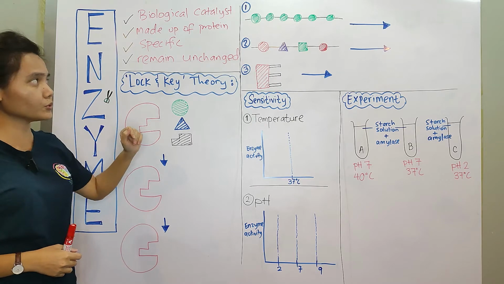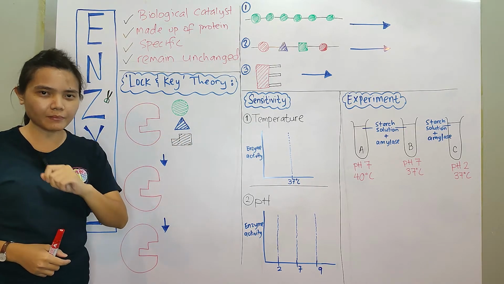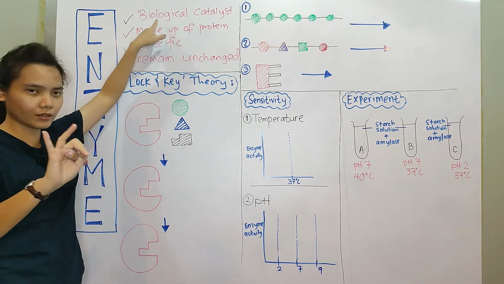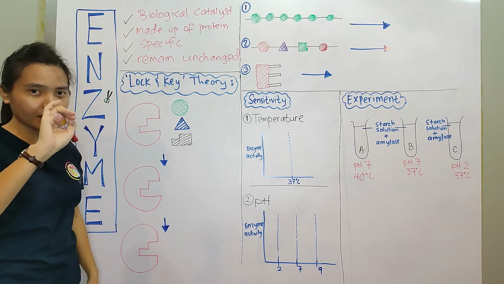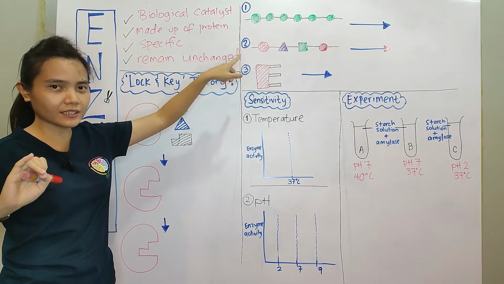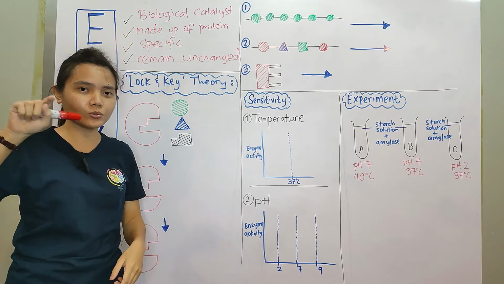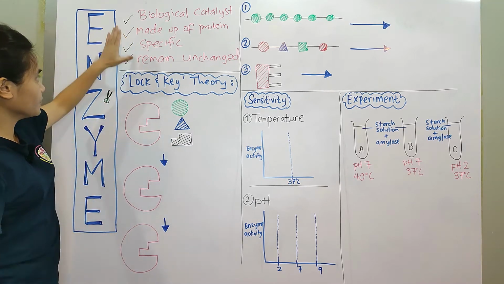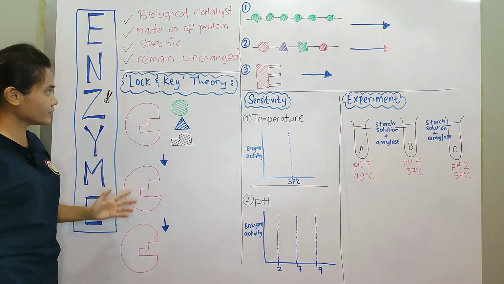If it is a 3 marks question, usually they will ask like define amylase, or what is amylase? That is usually 3 marks. First one, you can take this one. Amylase is a biological catalyst and it is made up of protein. The third mark has to be specific for the molecules that it will break down. So the third point should be amylase will break down carbohydrates to glucose. That is your third mark. Alright, so we cover this one.